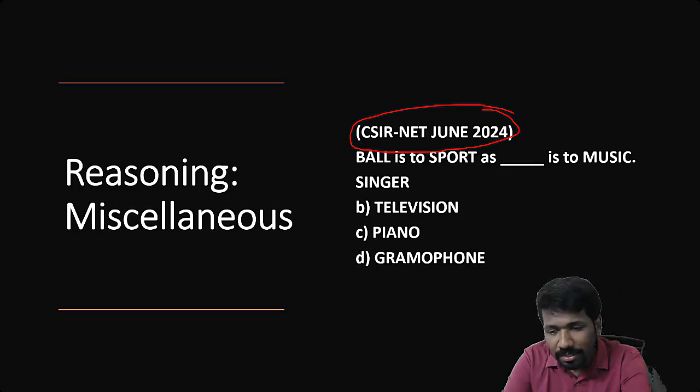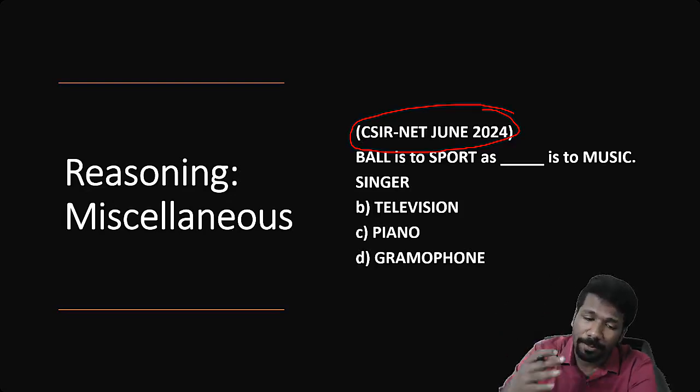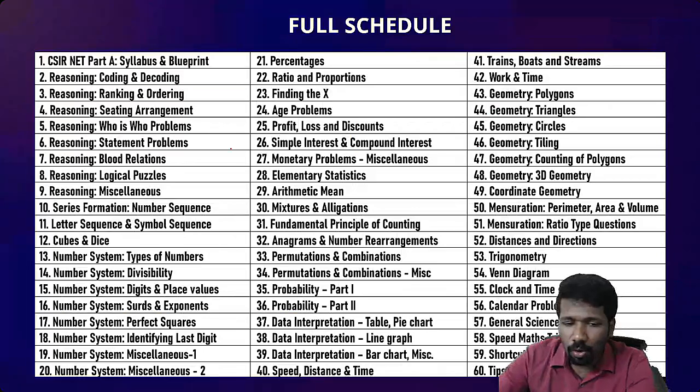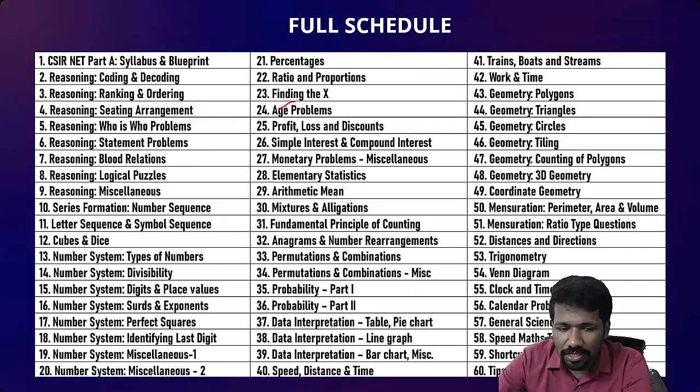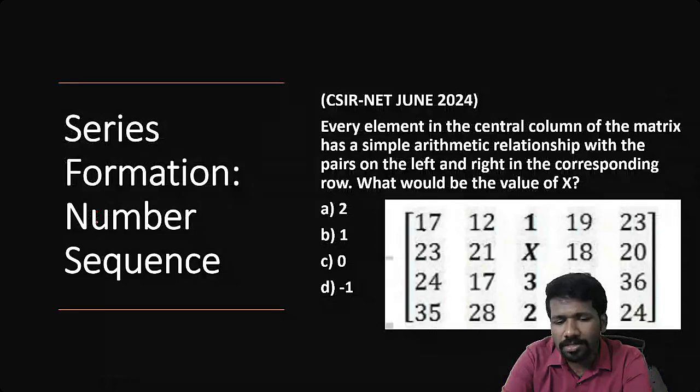Analogy is not something that was not there at all. It was there. It is a common topic in reasoning, but CSIR was not asking it before 5 years. But now in the last 5 years they have started asking it more, so you have to learn this more. GATE exam mein 5 years ke pehle bhi bahut baar aaya hai analogy, but NET exam mein bahut kam baar aaya hai. So anyway, all these are discussed in the reasoning unit, and reasoning ka direct reasoning chapters ye hai, but ye series formation chapter is a chapter where reasoning and some numbers are also involved.